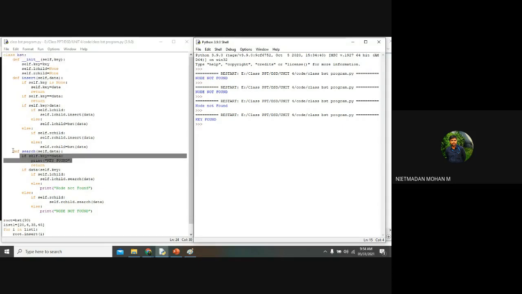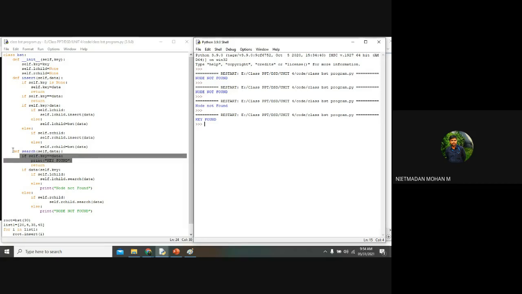So these are the two conditions for this binary search tree. One is the insert method and the other one is the search method. In the next class we will discuss the delete operation and the traversal methods that we have discussed. So that is the thing. Only one program I am going to take here. Based upon this one program, the entire fourth unit will be completed. That is binary search tree.